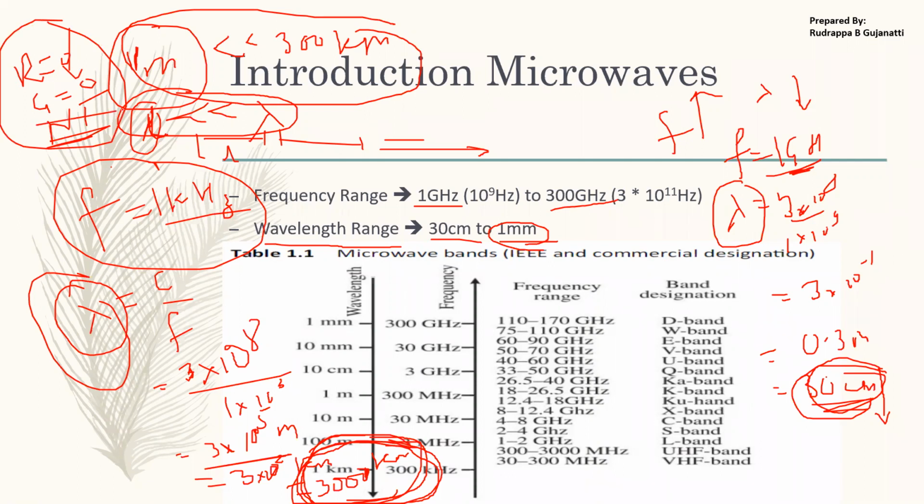So conductance comes when it is in parallel, resistance when it is in series. So here you can observe what is happening in this case. When frequency is around 1 kilohertz, lambda is 300 kilometers. Therefore, if you just consider the length to be 1 meter, 1 meter is very much smaller compared to 300 kilometers. Therefore, you can apply the lumped network theory concepts. You can apply it directly.